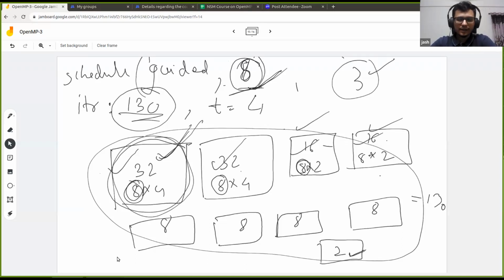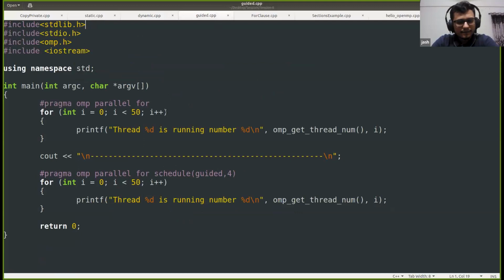Okay, so by the way, what I spoke here was just an example. It might happen that OpenMP just creates one chunk of size 32 and then other chunks of size 8 and so on. It depends again on OpenMP how it does this creation of the amount of work that needs to be assigned, right? So again, I have an example for guided, but as I said, it's not a really very good example. I just created it for the visual representation sake.